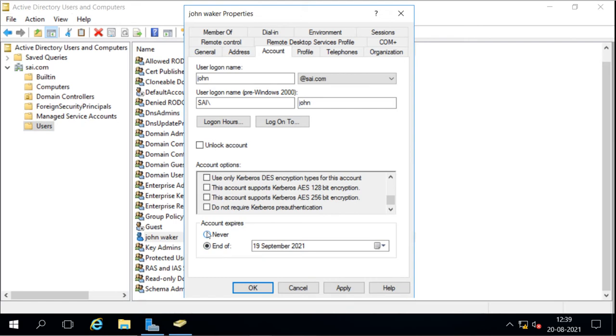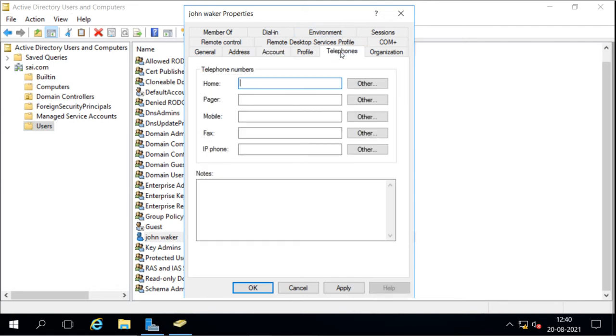Even if suppose I did not disable the account for that user, that means the account will be available and that user can still use the account. And if he does anything wrong with that account, then the administrator will be responsible, because he will say that he has already signed out. Now he is not with the company or the organization. So the administrator's job is to manage the accounts which are not being used, either disable them or preset the date to expire them. Just like this, we have multiple other properties here, like managing the telephone numbers.